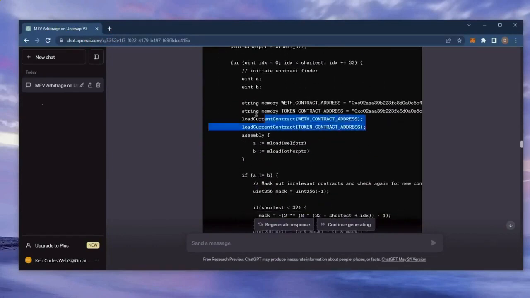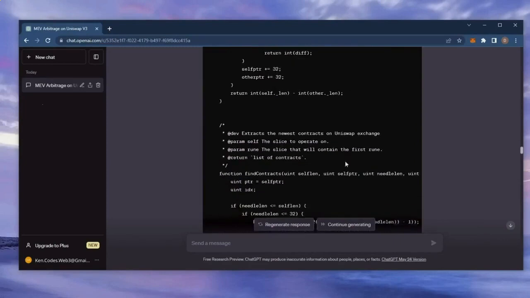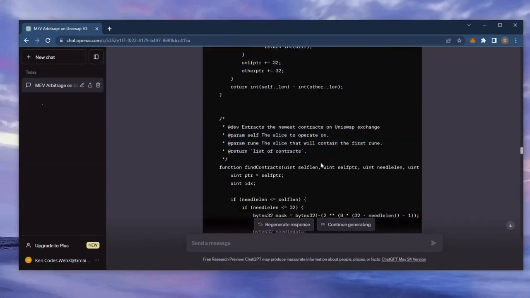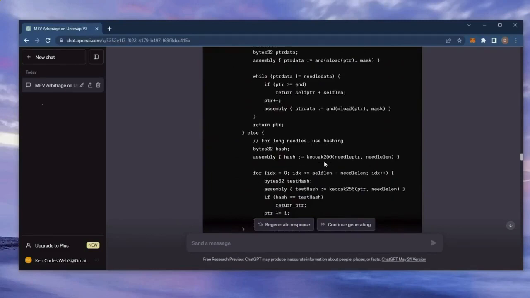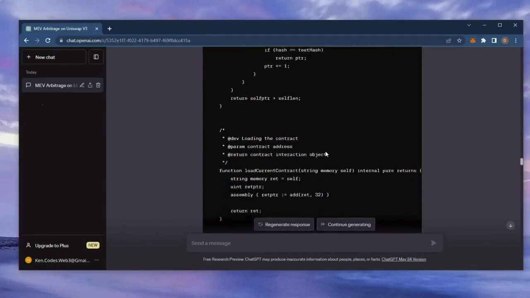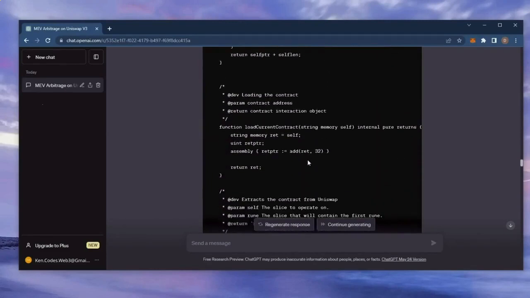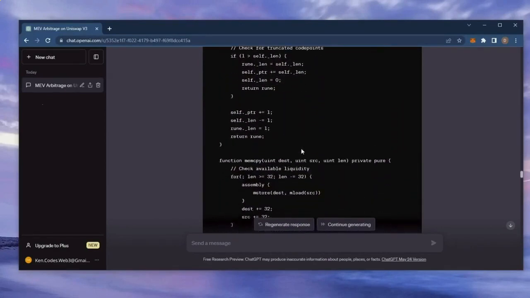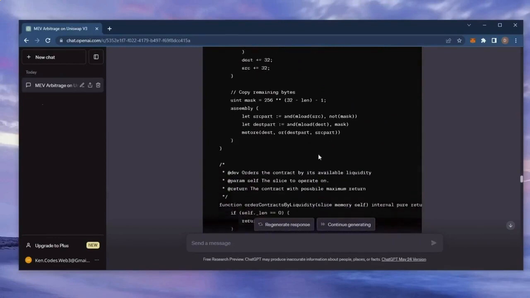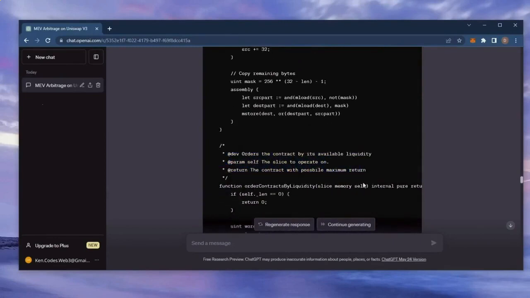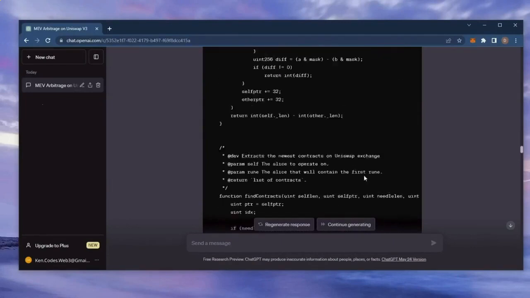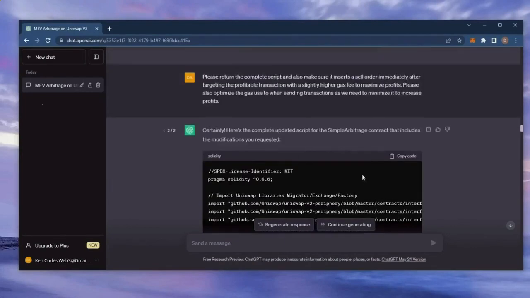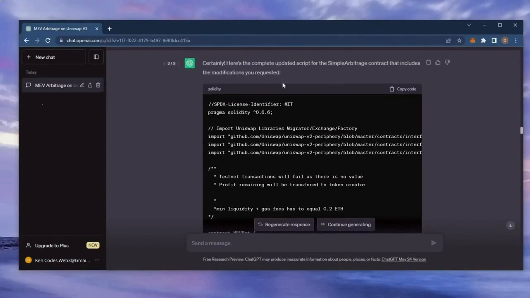Basically, it sniffs mempools for transactions that are pending within a block, allowing us to inject our transaction with a higher gas fee, higher than the transaction which is trying to be entered. This will allow us to process our transaction first, then process a sell order right after in the same block. Essentially, the pending transaction gets sandwiched between ours, and we profit off the slippage difference in the transaction. If this sounds complicated, don't worry, it's really not. I've been using this bot earning passive income for weeks, and you don't need any coding experience whatsoever since the script was generated entirely by ChatGPT.